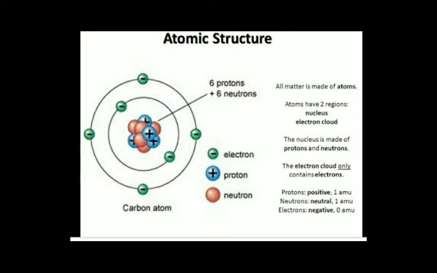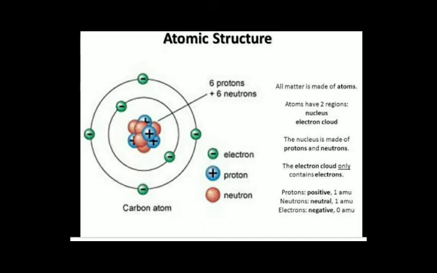Let us see the example of carbon. Carbon has 6 protons in the nucleus, and the number of protons is equal to the number of electrons. So in the first shell there are 2 electrons and in the second shell there are 4 electrons. So the atomic number is the positive charge on the nucleus, and also the number of protons is equal to the number of electrons. Hence atomic number is the most important property for this classification.